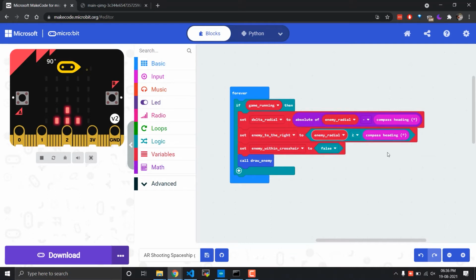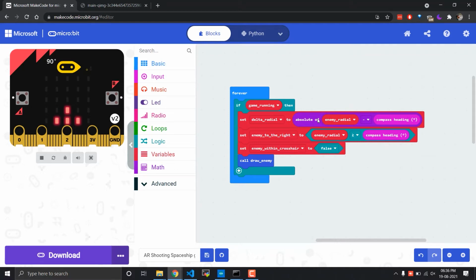Now this is where the first problem comes in, because the problem will come in the vicinity of the north radial. What will happen near north is that, say, radial 350 is our current compass heading, and the enemy is at radial 10. We are essentially 20 degrees apart.